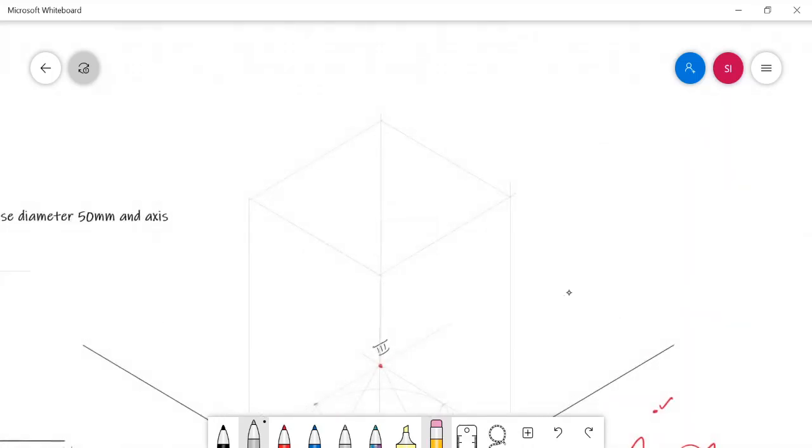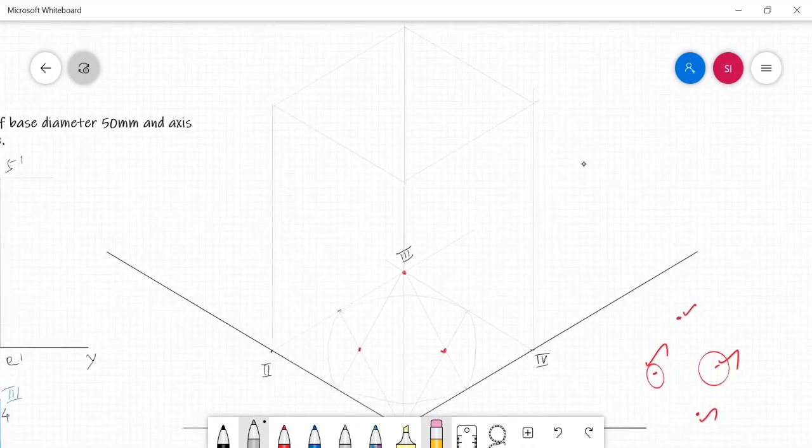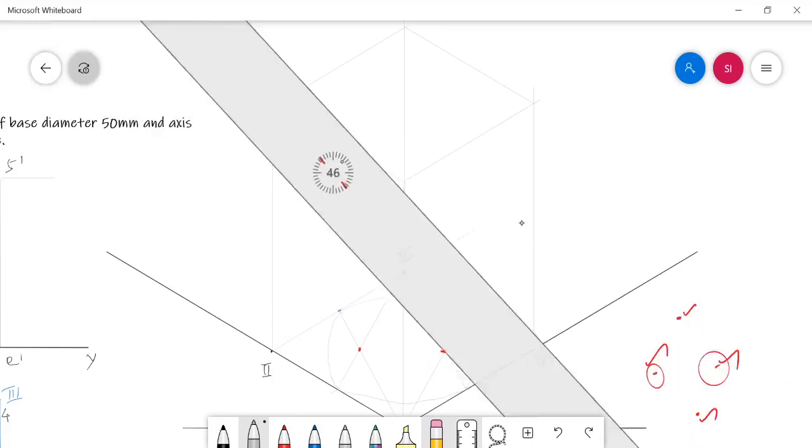For that, first we need to mark the centers of all these 4 sides, the center of this side and that side and that one and here. For this, once again you can measure the length. The length is very similar, 50 mm only. So at the range of 25 mm, 25 mm, 25 mm, 25 mm, you can mark the center. Otherwise, by simply projecting the center from this end in a vertical manner, we can mark it.